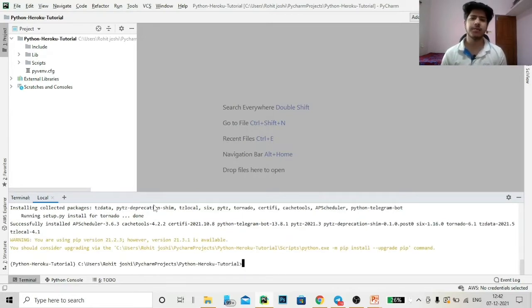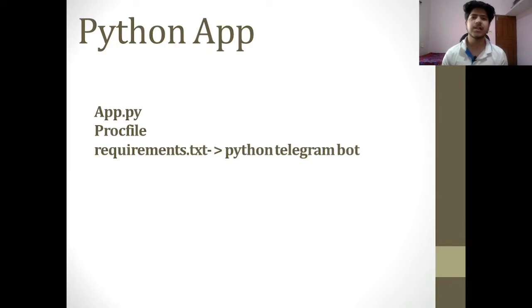So in order to deploy your application on Heroku, I previously told you there are some requirements. So what are the requirements? Let's check. In your Python application, if you want to deploy it on a server or on Heroku on the cloud, you need these three files. One is app.py. App.py contains the logic, the program to connect with Heroku and deploy your application, basically the working of your application.